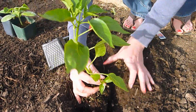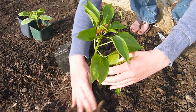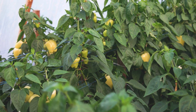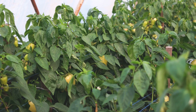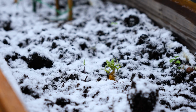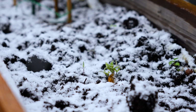Planting your pepper seedlings at the right time is crucial for their success, and will set the stage for a bountiful harvest of flavorful fruits. Peppers are warmth-loving plants that thrive in sunny locations with soil temperatures consistently above 60 degrees Fahrenheit or 16 degrees Celsius. Planting too early, when the soil is still cold and the threat of frost lingers, can stunt their growth